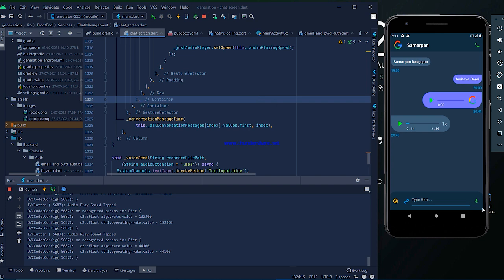We have to do one more thing. When user clicks on that voice icon, user can record the voice and that voice will be shown in the chat screen. So we are going to do that. So please guys have patience. I am going to do split code for taking user voice, and I will show the demo on the physical device. So this is going to be interesting. I will explain taking the audio and all the stuff step by step.